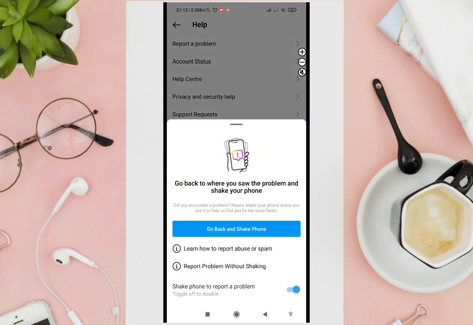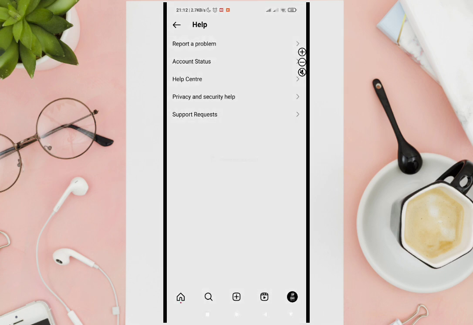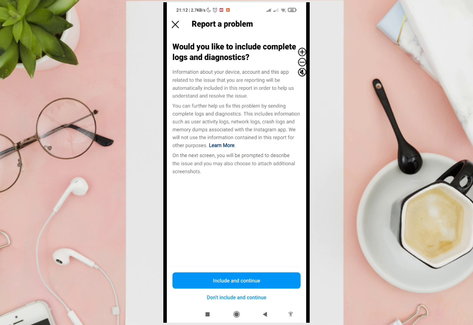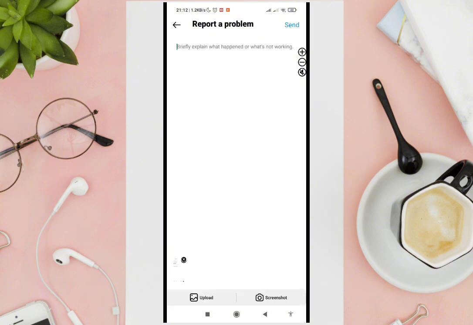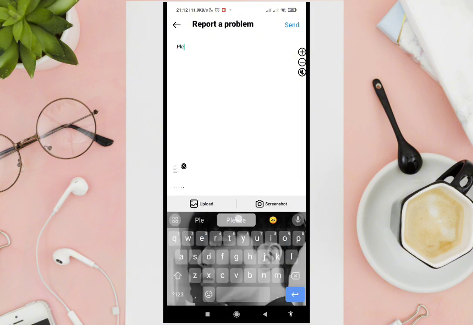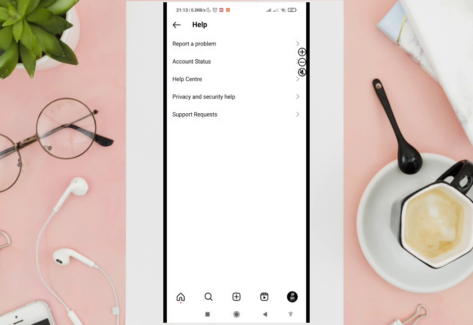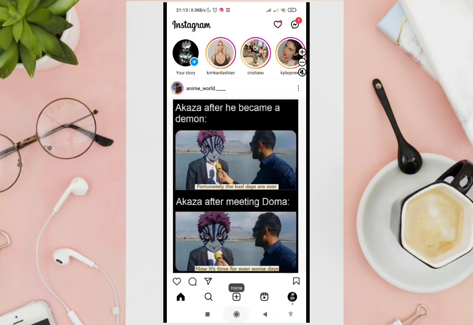And then choose the Report Problem Without Shaking. And then click on Don't Include and Continue. And then just type out, Please help me. Okay, my broadcast channel is missing. Please fix it. Thank you. So we just click on send. So you will then just have to wait for a few hours or a day before they will give you